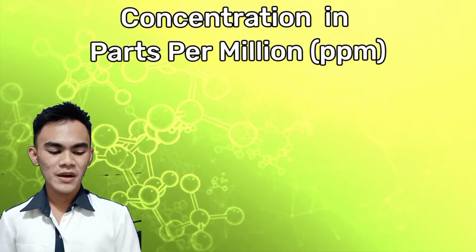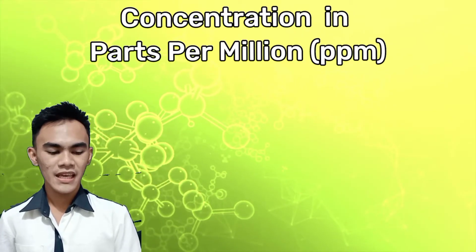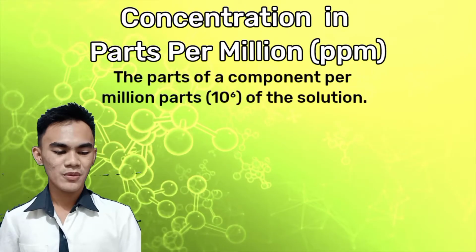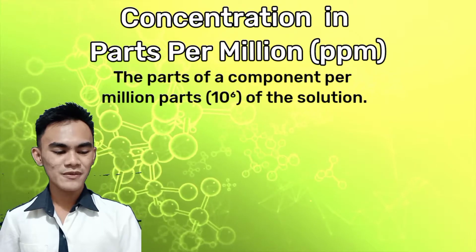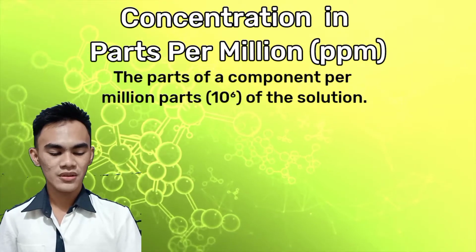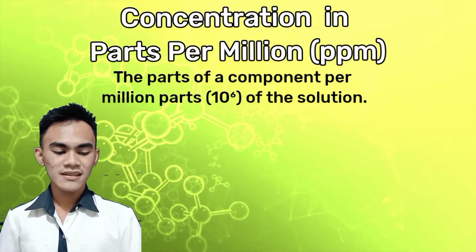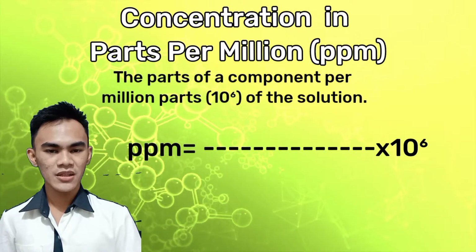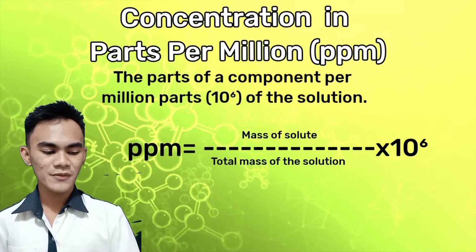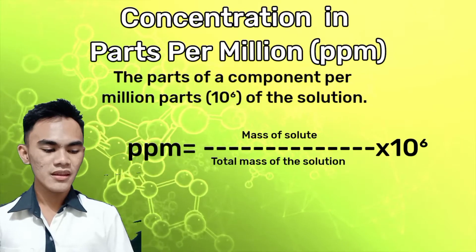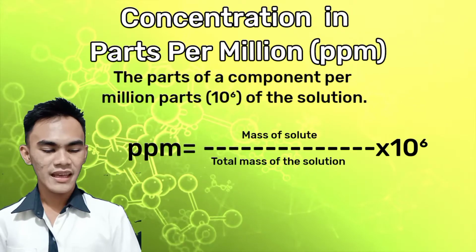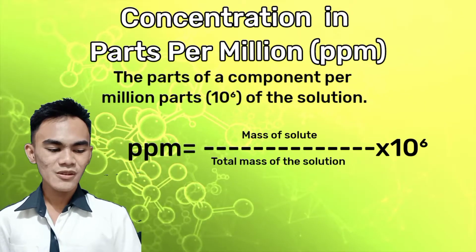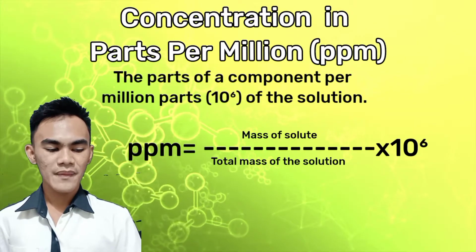So concentration in parts per million, or ppm. The parts of a component per million parts, or 10 raised to the power of 6, of the solution. So ppm, or parts per million, is equal to total mass of A, or the solute, divided by the total mass of the solution and multiplied by 10 raised to the power of 6,